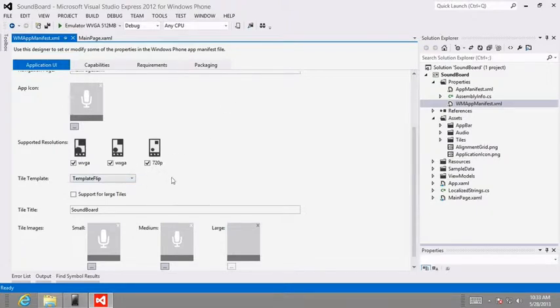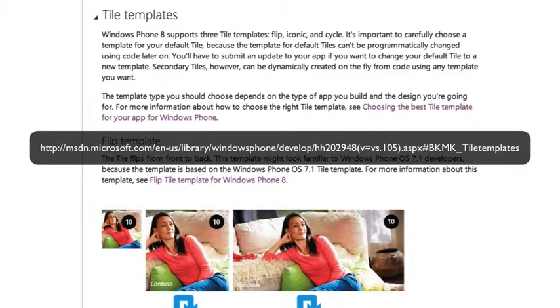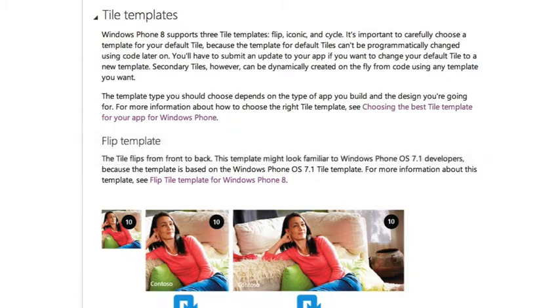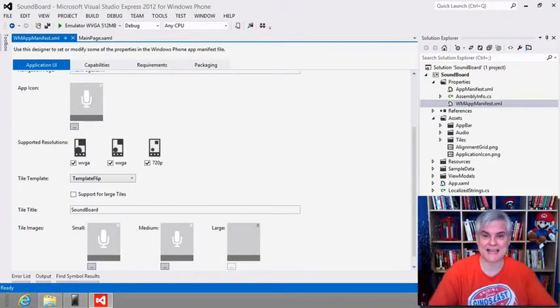We haven't talked about this yet, but Windows Phone 8 projects support 3 different tile templates. There is a flip template, a cycle template, and an iconic template. And the link that you see on screen right now does a really nice job of explaining the different types of templates for the tiles. In this app, our needs are simple, but later on in this series, we're going to be able to use a cycle template to see how to programmatically give it a list of images to cycle through. Now, personally, I love any type of data visualization, so I love those apps that use the iconic template